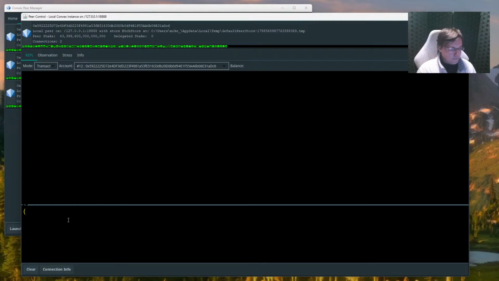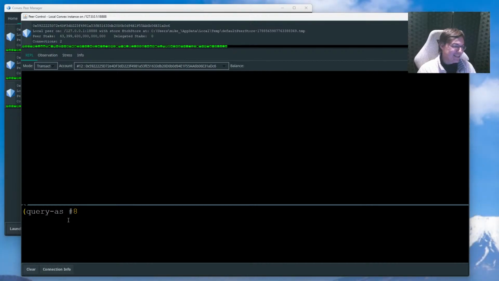So you can even use query as with accounts that nobody can use. So I can query as account number 8. So account number 8 is the Convex core library. So this is all of the core functions that are available in Convex. So if I was account number 8, which nobody is account number 8, what would happen if I ask for the keys in my current environment,